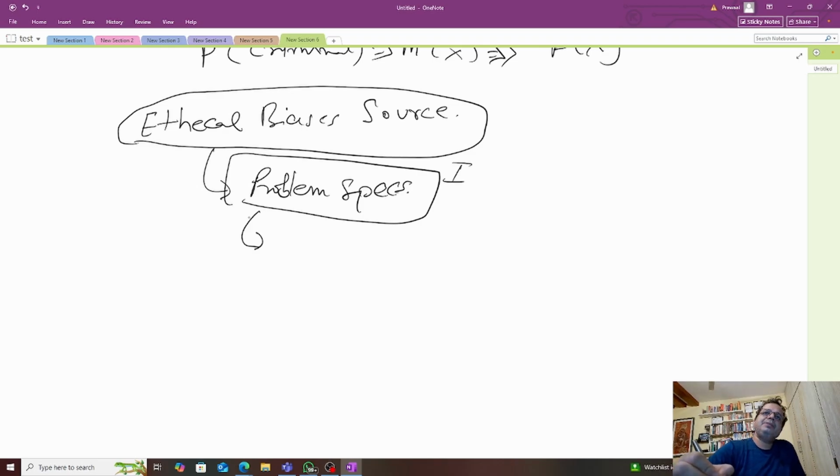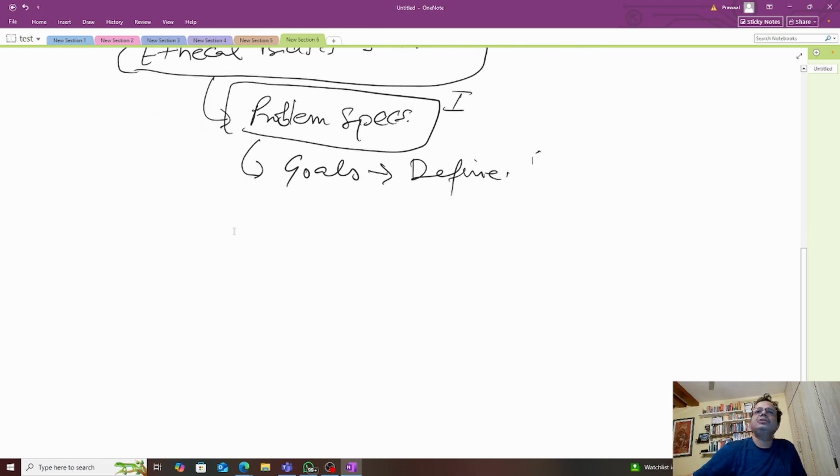Actually, the problem is that when you have some goals, it is hard to define them, especially mathematically or using some kind of a metric. So if the definition of goals itself inherently carries some kind of a bias, then that itself can be the first ethical problem of getting the bias into your enterprise ecosystem.